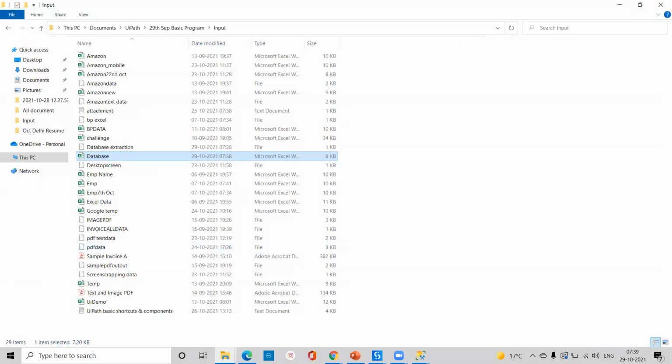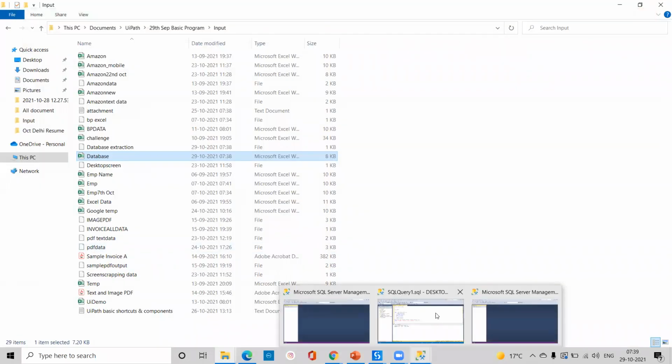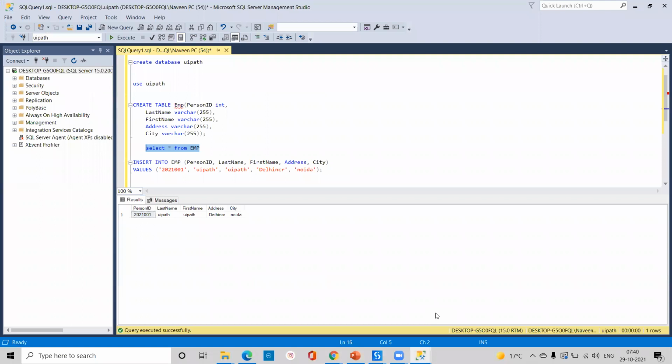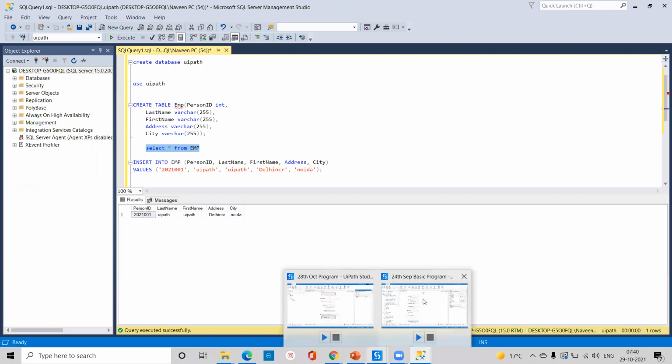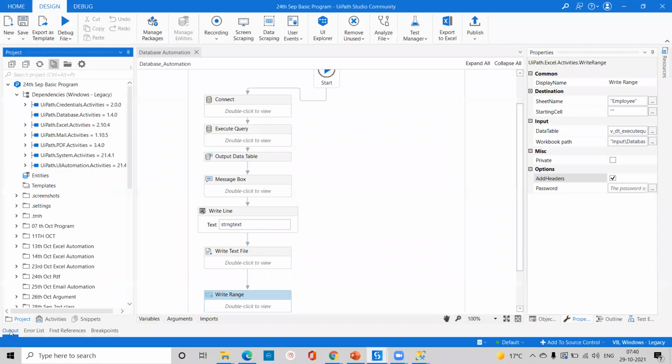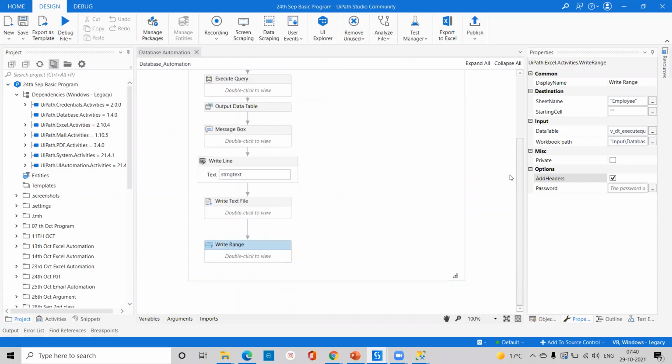Okay, so this way we are able to extract the data from your database, and we are able to write anywhere, whether the notepad, the Excel sheet, the message box, or your output panel, each and every place we are able to write. So here also it's working fine. Again, I already told you, like use cases, we have to extract the password also.